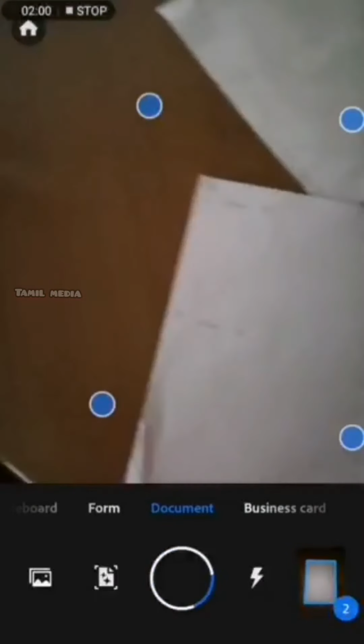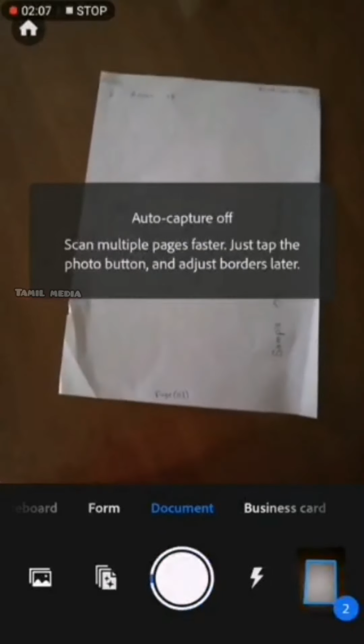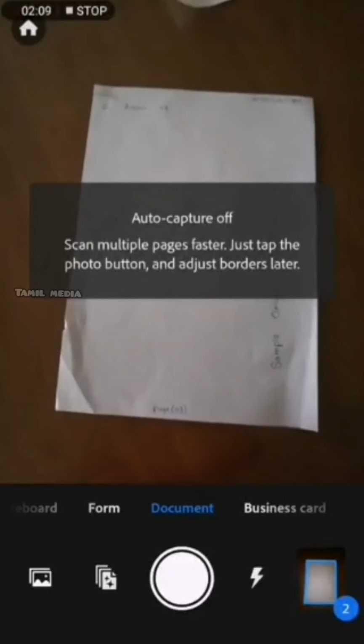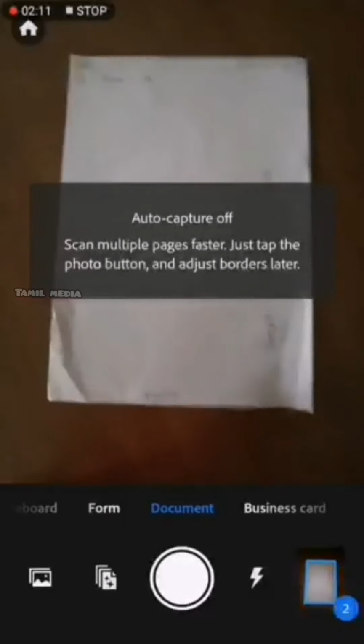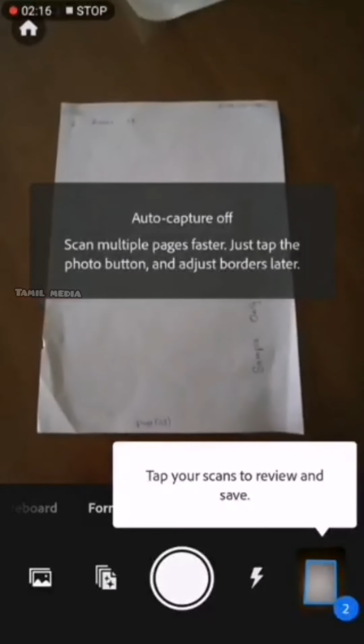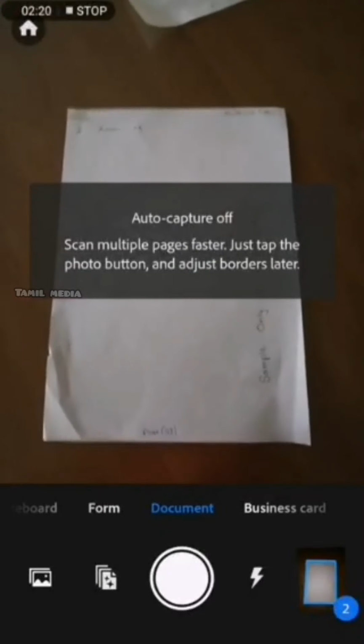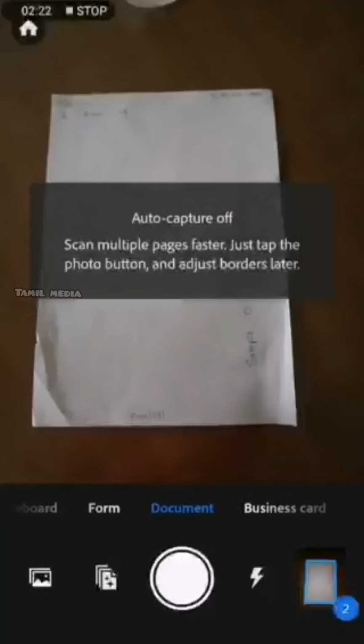You can deactivate it by clicking on this icon just on the left below corner, the second icon. You can click on here to turn off auto capture.